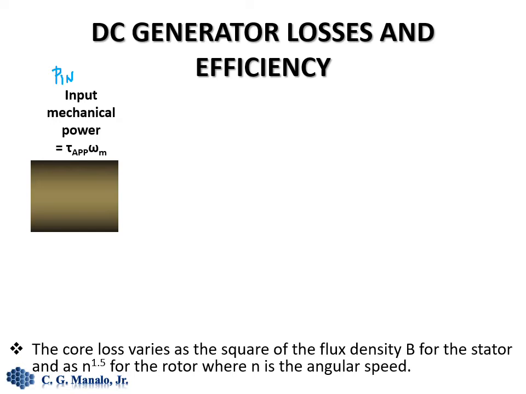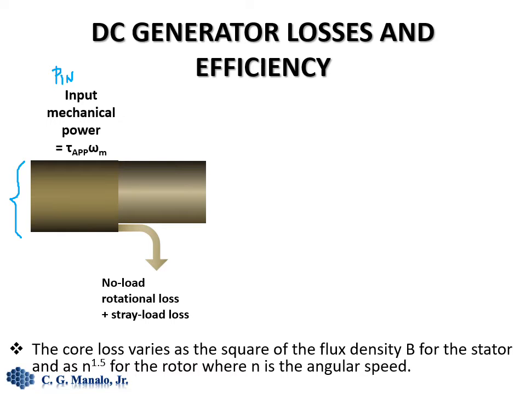So initially we have this much power. So let's measure this power by the width of this rectangular object here. So this power goes to the generator along the shaft,